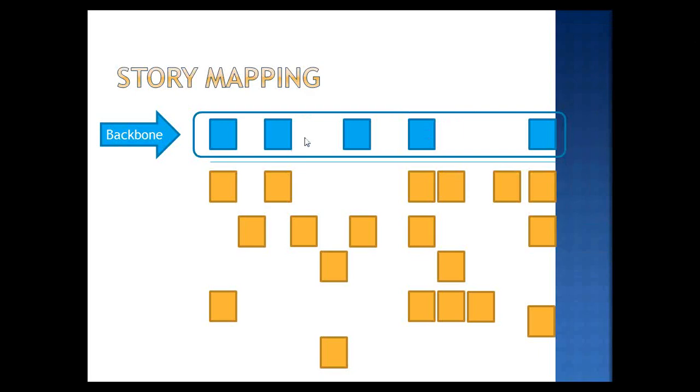On the horizontal, you have time. So if someone was coming in to start using your system, this is the horizontal time, how they would go about using it. On the vertical, you deal with the frequency of use. Okay, and the yellow stickers here represent sticky notes. And those are showing you, in the flow, if I was a user and I was to come in